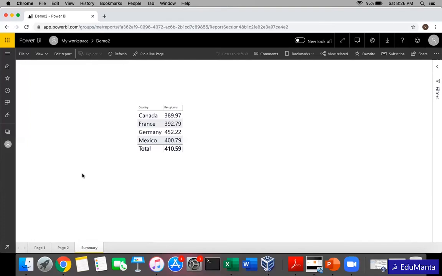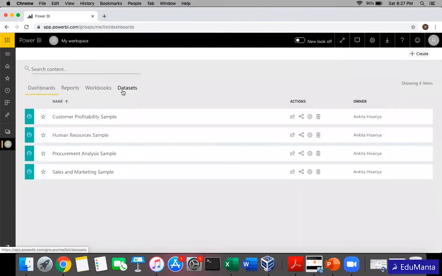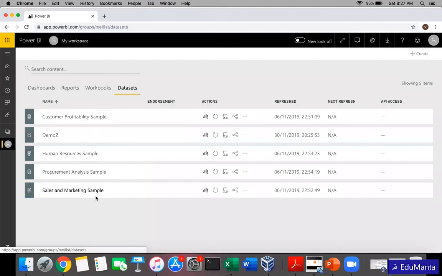So publishing to cloud is not something that requires a lot of technical details or so. The only requirement, as I mentioned in one of the first sessions, is you need to have a Power BI account in app.powerbi.com, and that account can only be created with the organizational ID or educational mail ID. It is not permitted for Gmail, Yahoo, or such logins. So once you have that ID, you can go and start publishing a report, and it will be available in the section in your My Workspace. You will see that, and in datasets you will see those options.